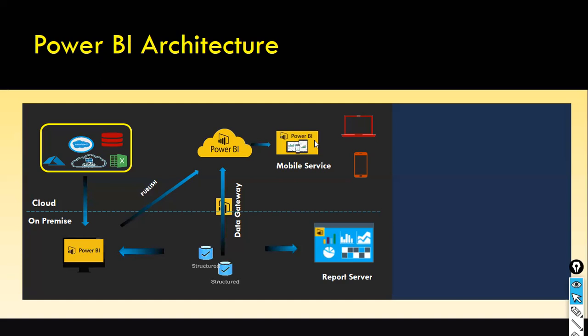You can install the mobile app from the Play Store on a mobile phone. With that, users can connect to the Power BI cloud service and look at whatever report they want to see. Hence, on the go, they can connect to the Power BI cloud service, view the report, and act accordingly based on what they see.